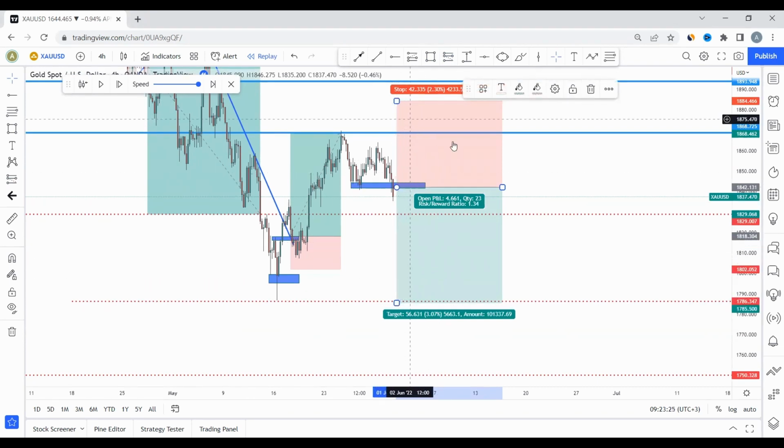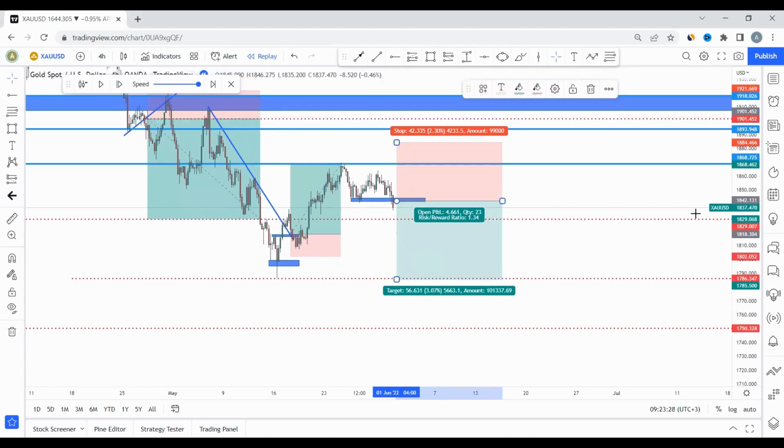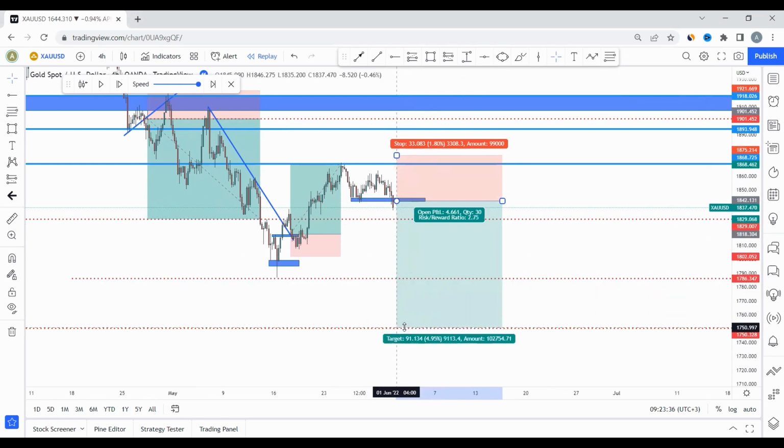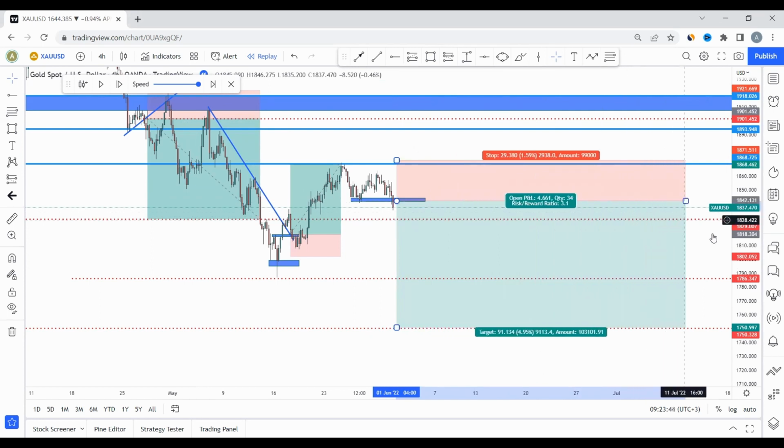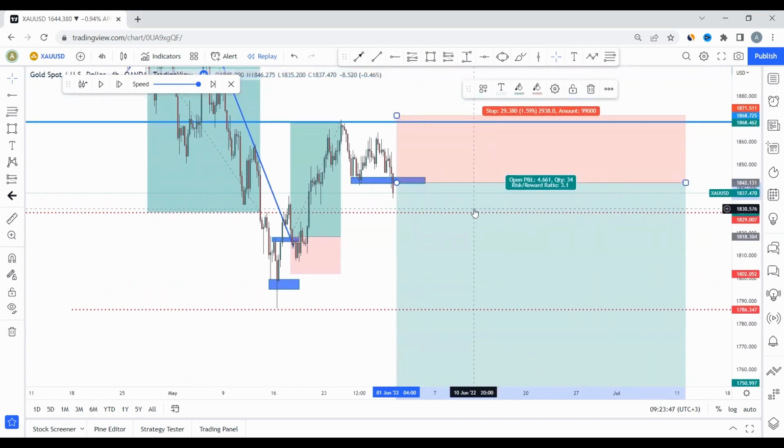Are you getting it? So how about if I put my stop loss here? Do I get a 1 to 3? No, I do not get it. So let's just adjust our target, and we say that we are going to hold it up to this lower target here. And then I will just adjust my stop loss here to get at least a 1 to 3. So we are going to play, and then we see if we shall hit our target.